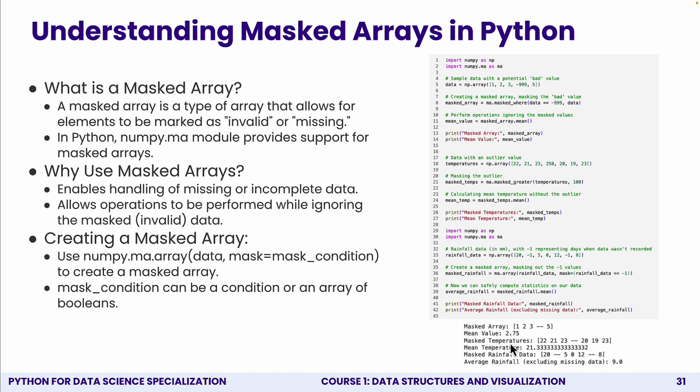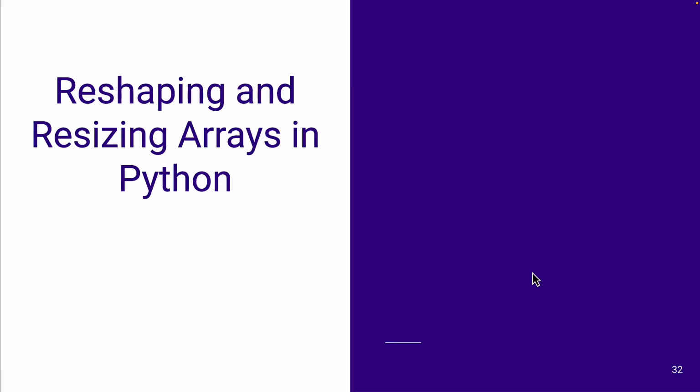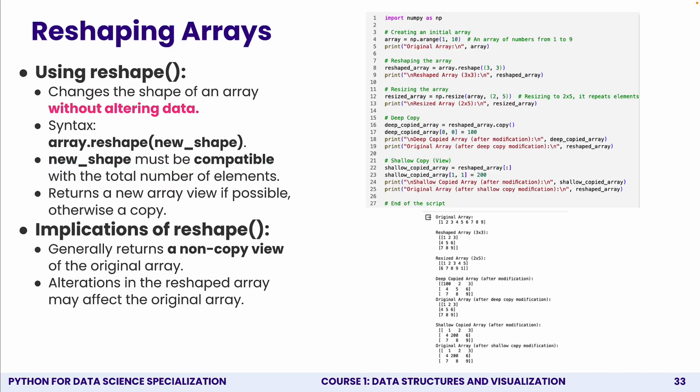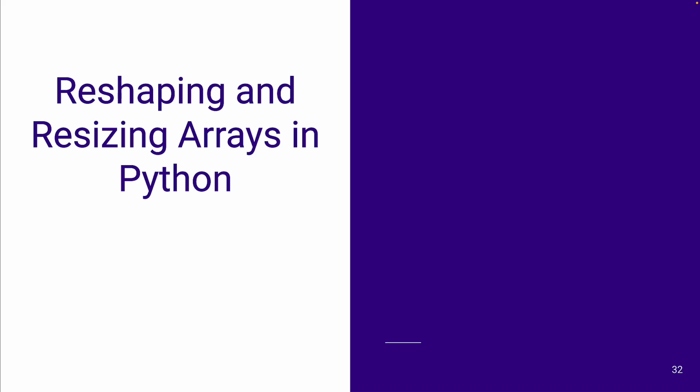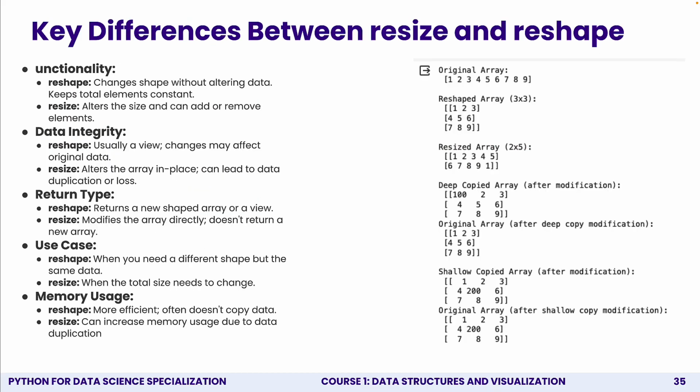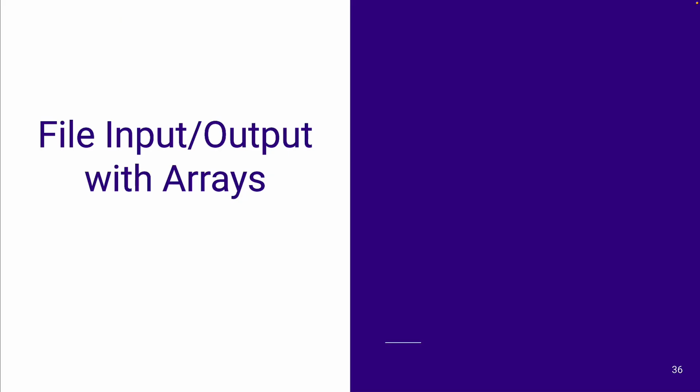Okay, so same thing here. These are different examples applied to calculate the mean of temperature and also for rainfall. These are 3 examples on masked arrays. Okay, I'm going to stop here now, and tomorrow we're going to continue with reshaping and resizing and reading data from